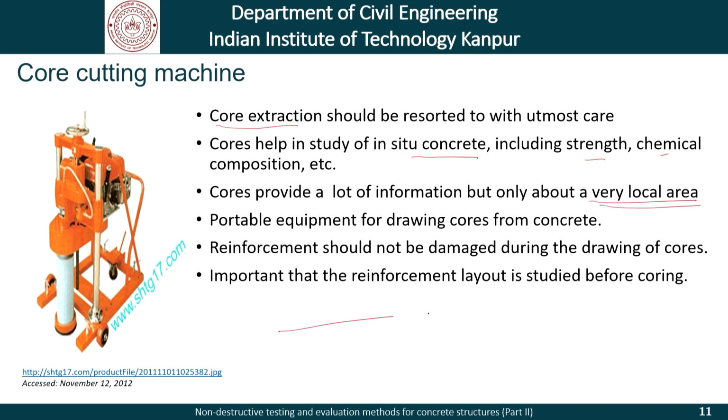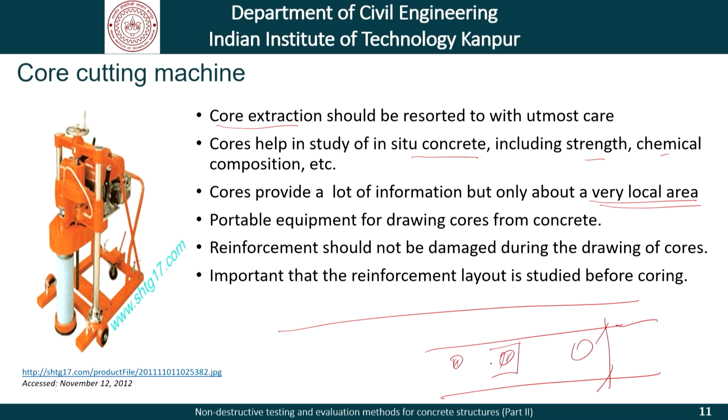In a concrete structure, which is, let's say, a road, which on the surface looks like this, and if you look at it from the top, you could have a road which will have several lanes like this. So you can take cores if you want, and if it is allowed by the owners of the roads, only at specific locations. And the cores will give you a lot of information about that area. But it's very difficult to say that this information can be generalized over the entire kilometers upon kilometers of road which may have been built over a period of time.